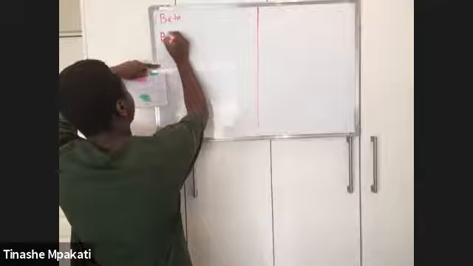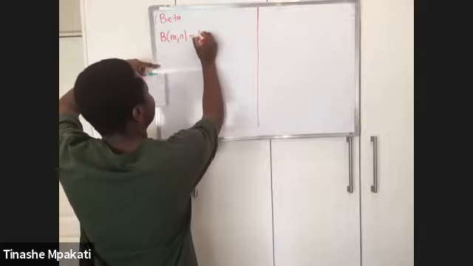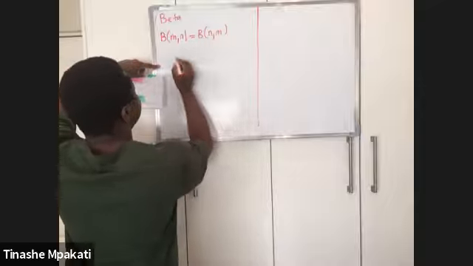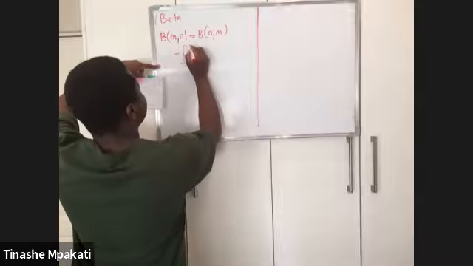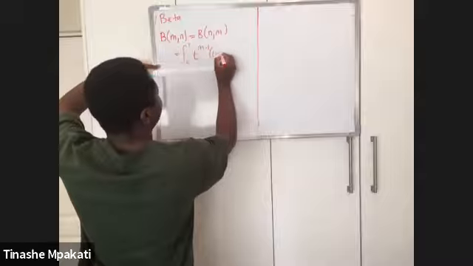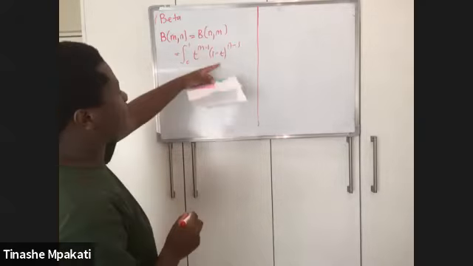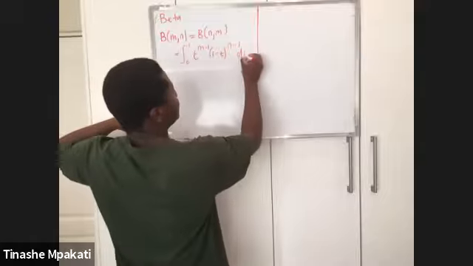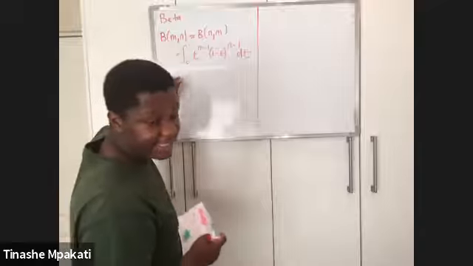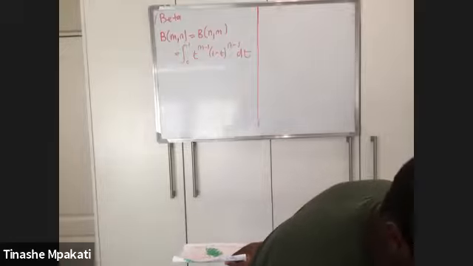So suppose we've got a beta distribution. The definition of a beta distribution with parameters m and n is the same as the beta distribution with n, m, like this. And this is defined as integrating from 0 to 1 of t to the m minus 1, times 1 minus t to the n minus 1, with respect to t. This is the definition of a beta distribution. And as you can see, this is something that is between 0 and 1.